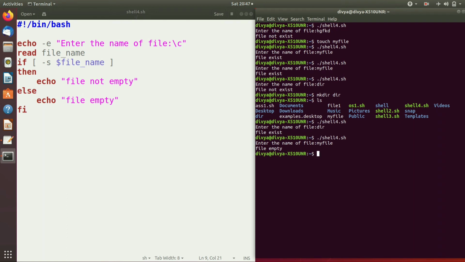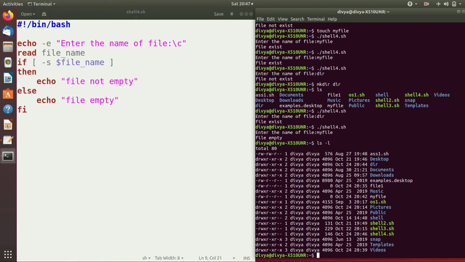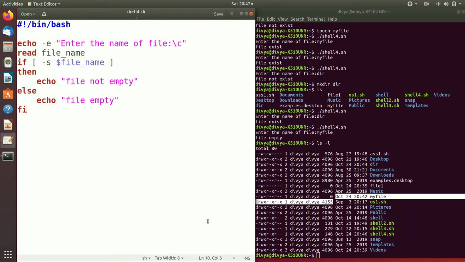So we can verify this by using ls -l, and you can see my file has 0 characters. Here is a 0, means my file is empty, and my file size is 0 here. Now I'll add some text into the file. For example, I'll just use cat here.